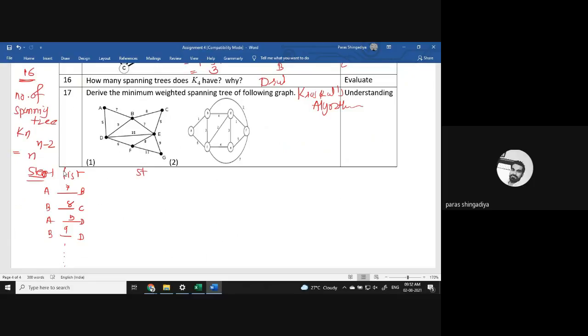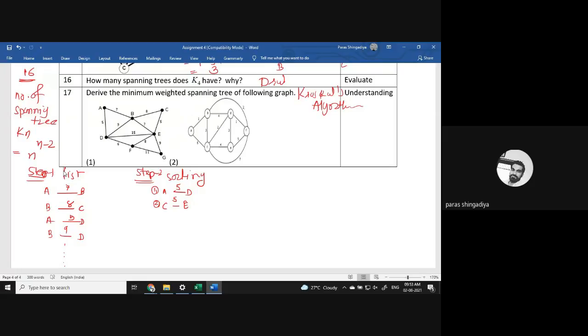और सेकंड स्टेप में आपको करना है sorting. ठीक है, मीन्स start with the minimum possibility, minimum weight. सो मिनिमम वेट कितना है इसमें? That is 5. ठीक है, सो वहां से आपको sorting करना है. A to D का वेट है 5. ठीक है, देन आफ्टर सेकंड नंबर कौन सा आएगा? C and E. तो C और E का वेट है 5. ठीक है, next 5 is not there. ओके, देन आफ्टर कौन सा नंबर आएगा? That is 6.